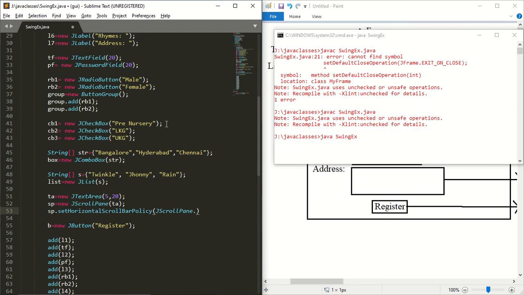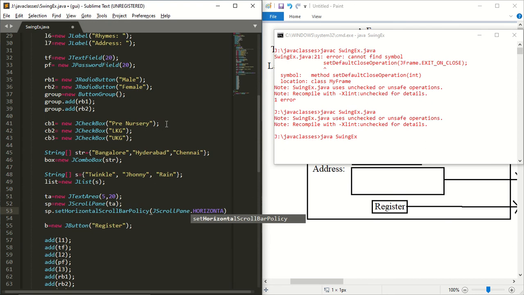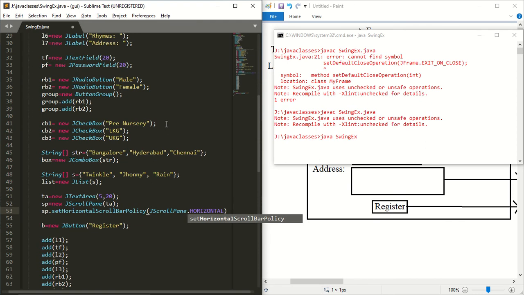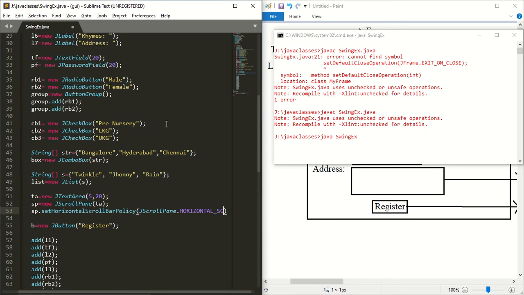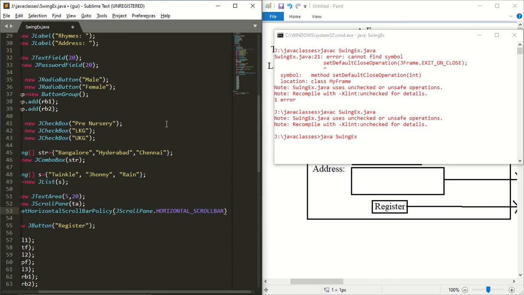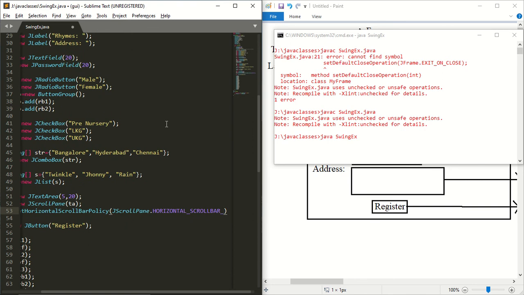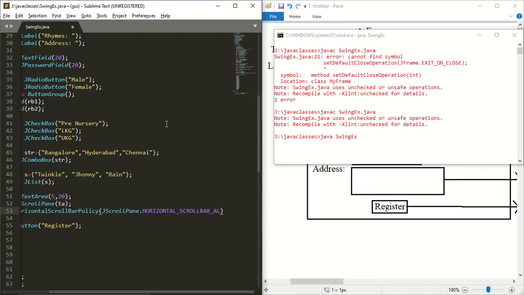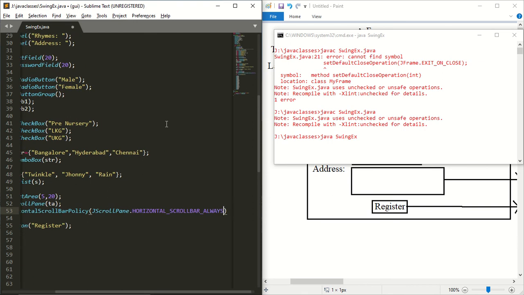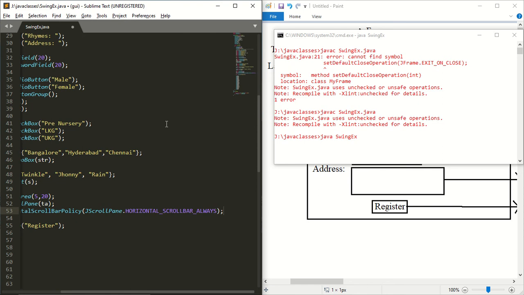It should be visible always, so JScrollPane dot HORIZONTAL underscore SCROLLBAR underscore ALWAYS. Instead of policy, I will take it as always. Okay, so that scroll bar looks always.